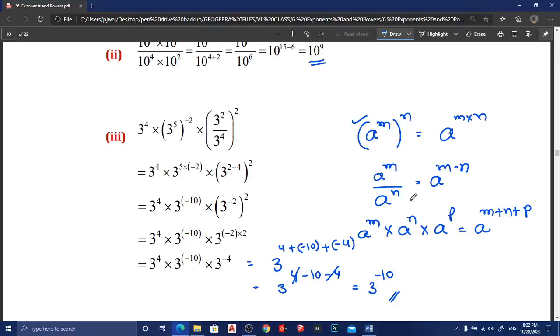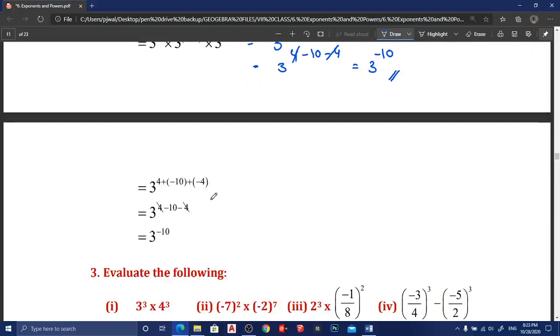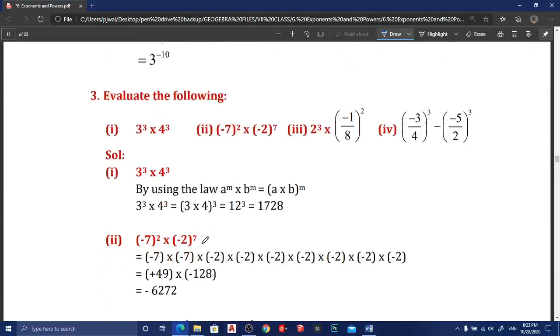Here you are using so many formulas. Power of power formulas you are using, division formula you are using, and extending the first formula also you are using. Okay. So here this one I wrote like this. Okay. Next, evaluate the following. Evaluate means you have to find out the value of the given expression. Not only simplifying, you have to find out the value of this one. For example, 12 cube you obtained in exponential form. Now you have to find out the value of 12 cube also. That's the meaning of evaluation.